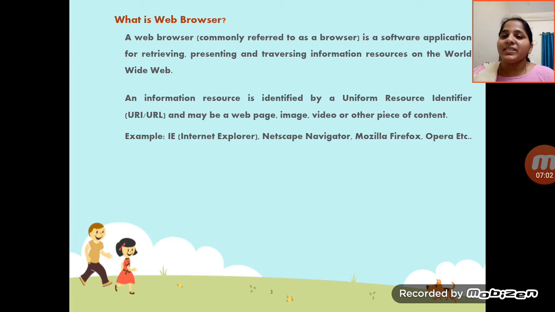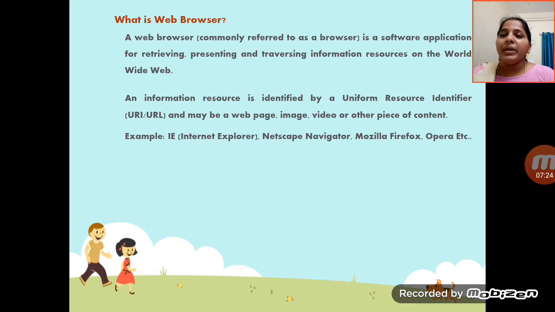Web technology is about designing our web pages and transferring data from one page to another page. Whenever we click on something, information will be shown on the web pages. For that purpose we are using it. Before going to that, we will discuss a brief description of these things.